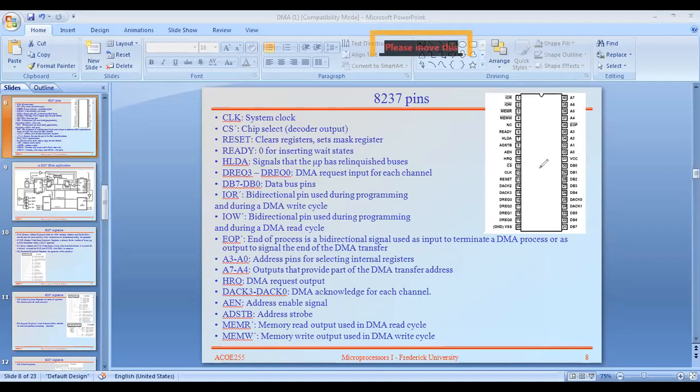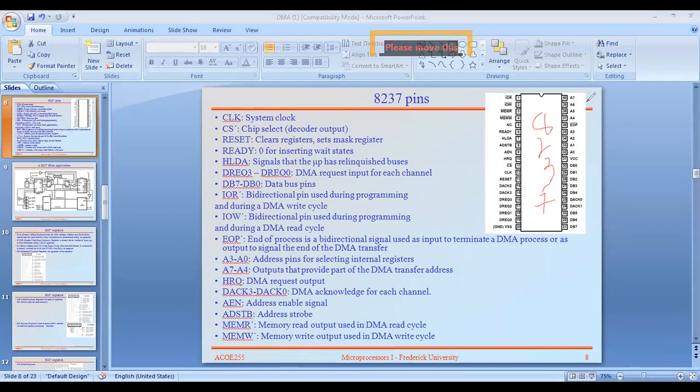See here, what are the different controls available for this DMA? This is the 8237 DMA controller. Here, what are the 40 pins available and what are the functions of each pin?